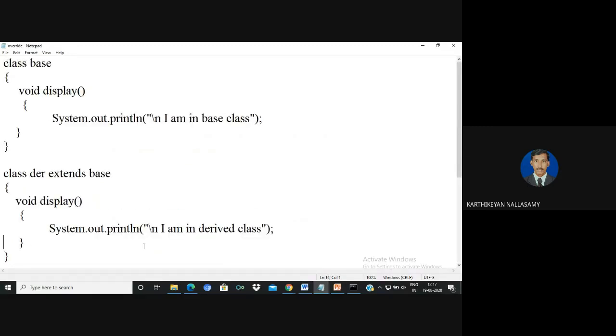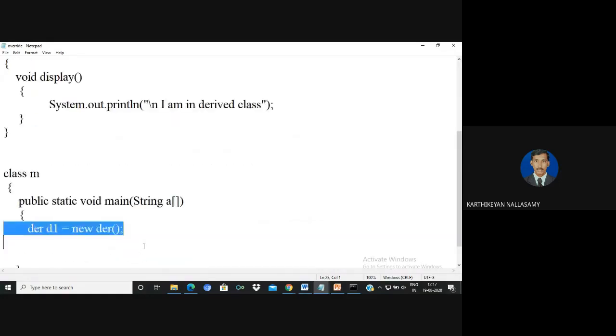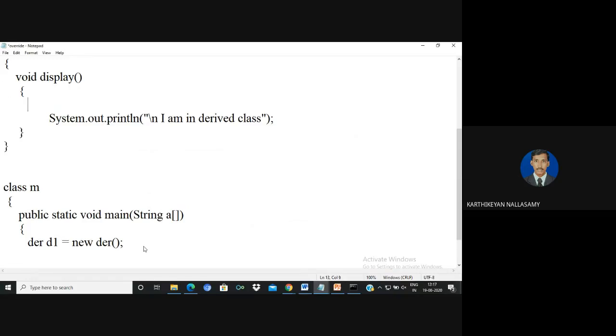But we know that with the derived class object, the derived class always overrides the definition of the base class, so the base class method is not visible. In this situation, I'm expecting to call the base class display method also. We know that we can call a function from anywhere. As a normal function call inside the class, there is no need for any reference, but it always refers to the same function.